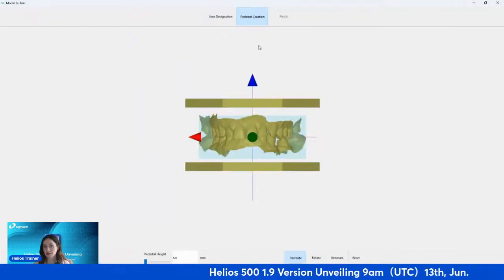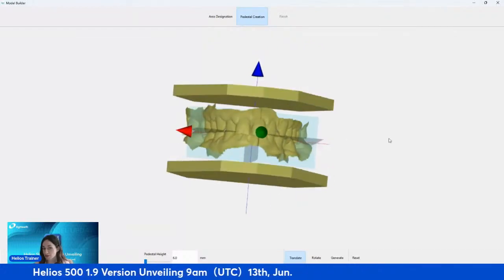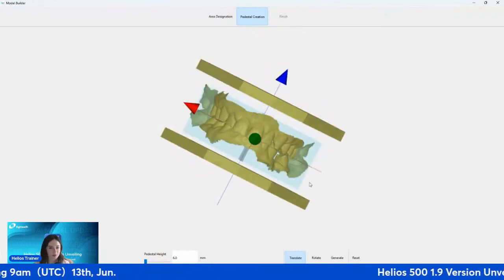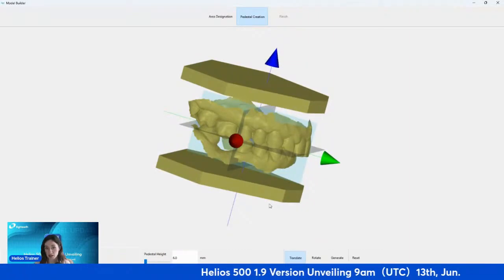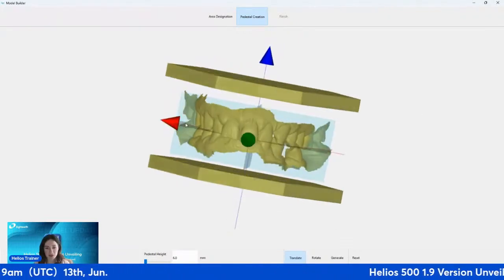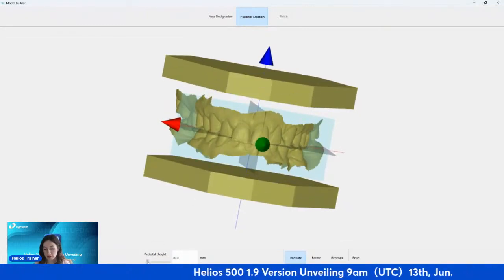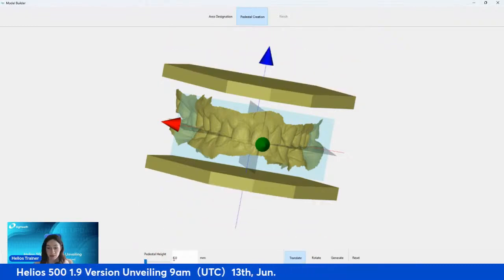It will be deleting that part as you will be seeing. And now I'm going to see my base and my scan over here. And in here, you will be seeing some arrows in different places. It's going to be turning X, Y, Z axis, as you see here. And there you will be seeing the pedestal height, that you can adjust the height, how many millimeters you want